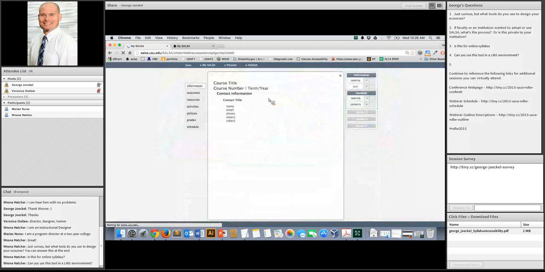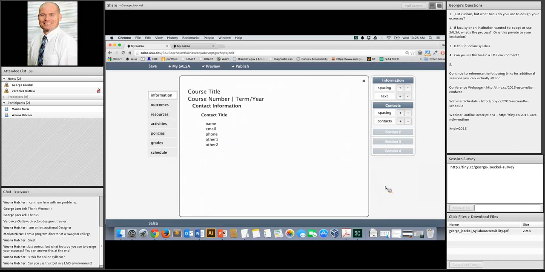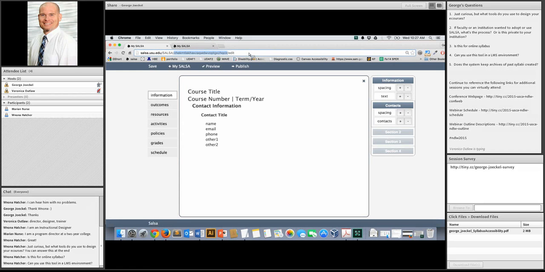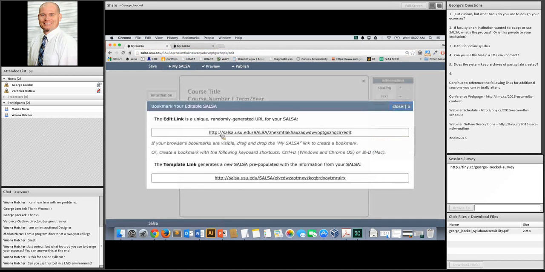So what we do when somebody clicks on this link is we create a new instance. And I'm going to use this one that already has our example content in it so that we can take a look at it. Actually, maybe I'll start a new one too, because sometimes when I do this, I end up breaking my example. So if I just come in here and click on it, now this is probably a little bit hard for you to see, but there's a code here, and this is a 30-digit unique code that allows the person creating this to come back and edit it. And they're the only person that will have this code unless they give it to somebody.